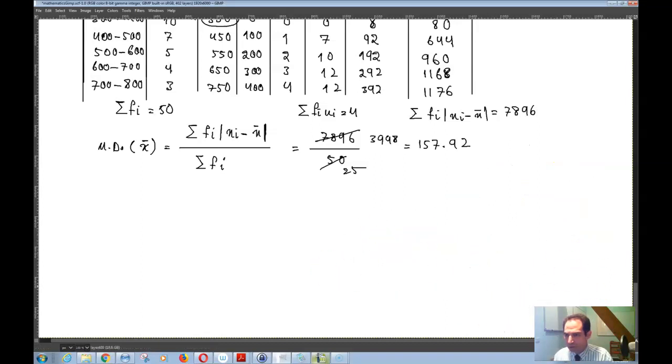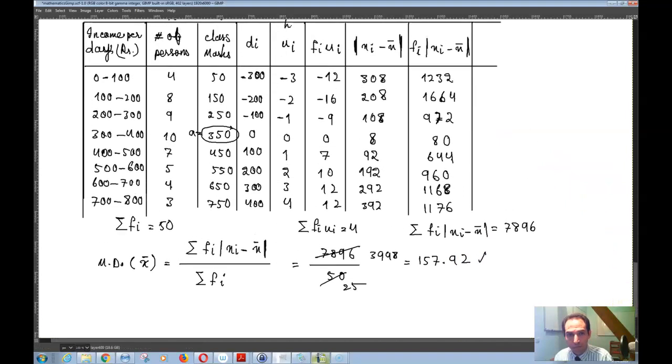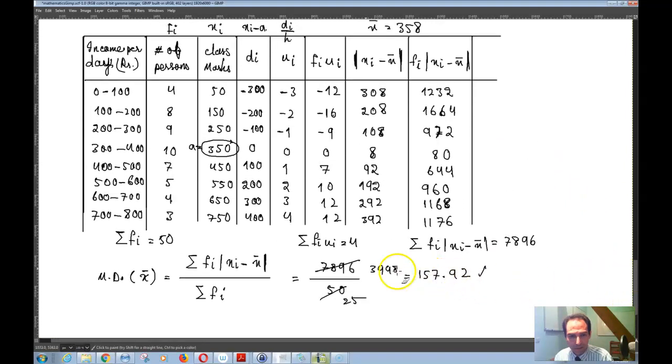Okay, so that is basically that. Now, that's the mean deviation about the mean, 157.92. Let me see if the answer is correct. Number 9. 157.92, exactly correct. So what that means is that, first of all, it's the mean deviation about the mean, meaning that